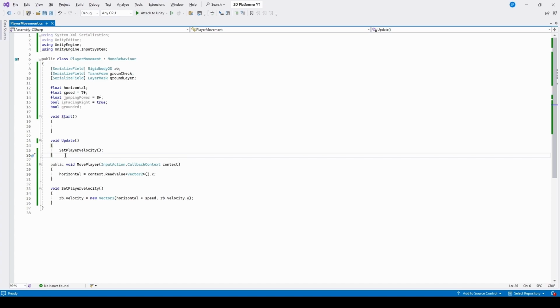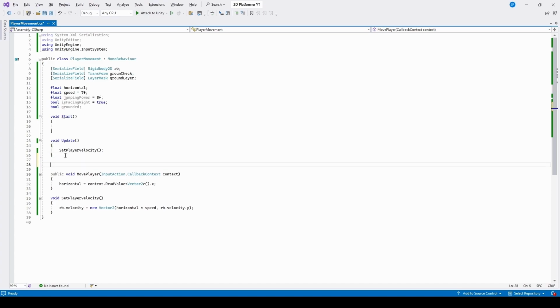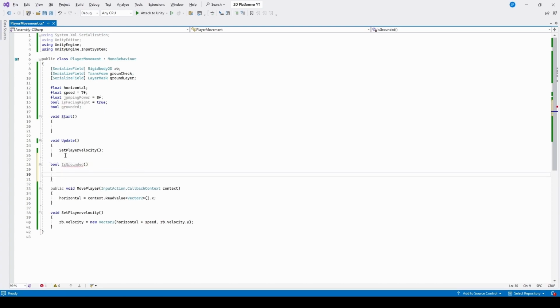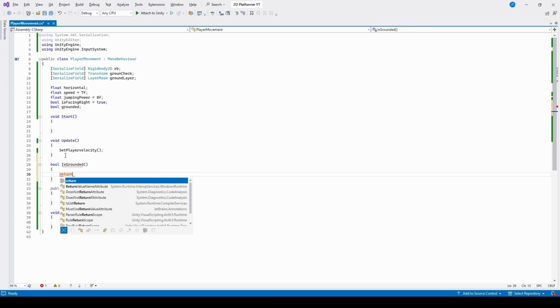Now that we have our player moving, the next thing that we're going to want to do here is make the player jump. Before we make the player jump, we're going to want to figure out if the player is grounded or not. So we're going to set up a bool, and we're going to call this one IsGrounded. And this is going to be like this. Now in here, we're going to actually return